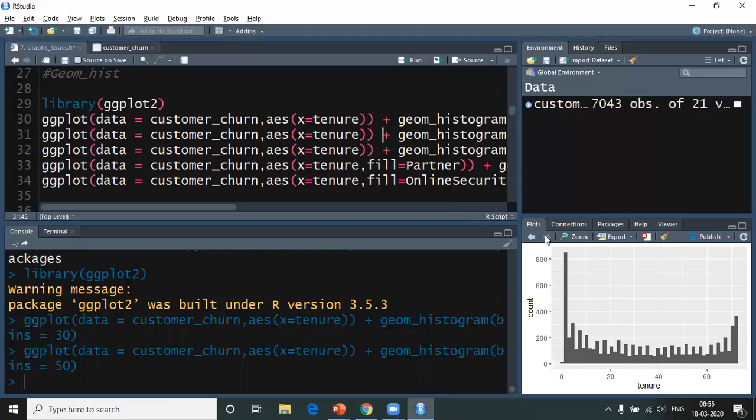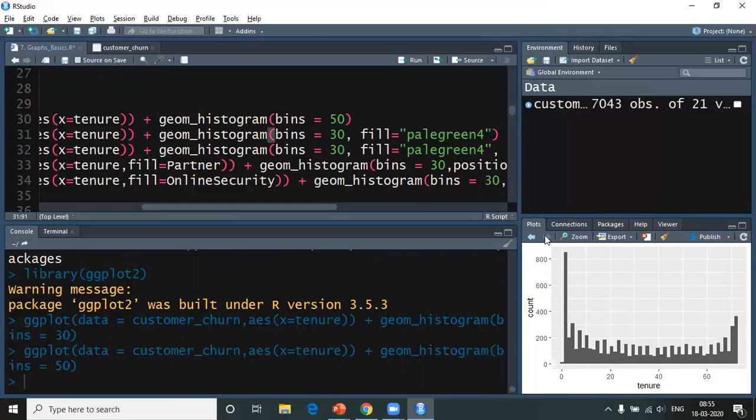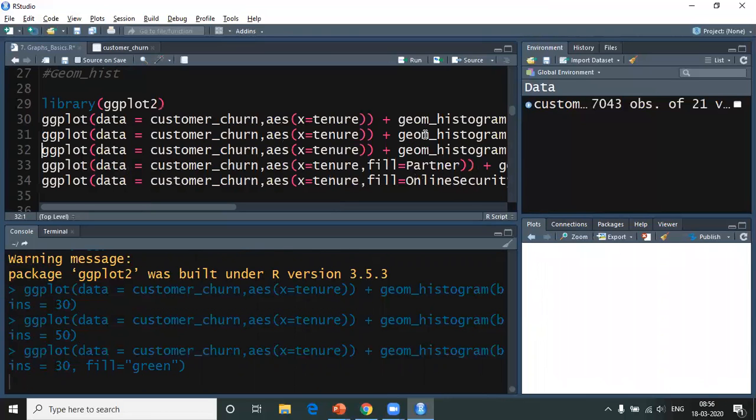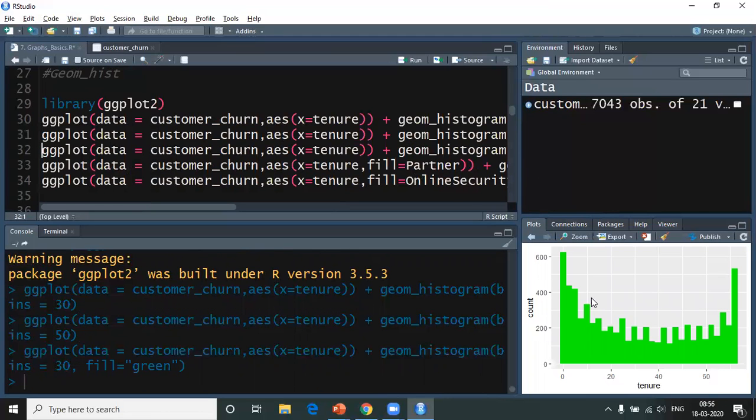All right. In the next line, I'm going with another add-on feature, and that feature is filling it with pale green color. And this color can be changed. You have a lot of colors. You can just keep it as simple as green, and you can execute it. And here it goes. Now, please don't mind the neon green, but yeah, you have your graph here.